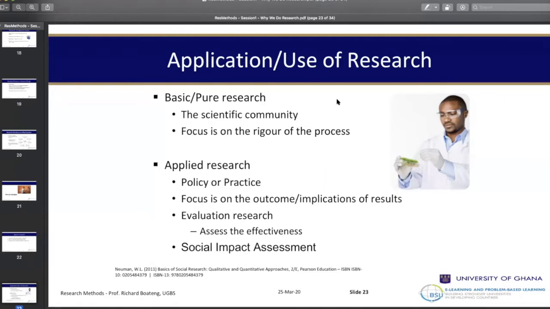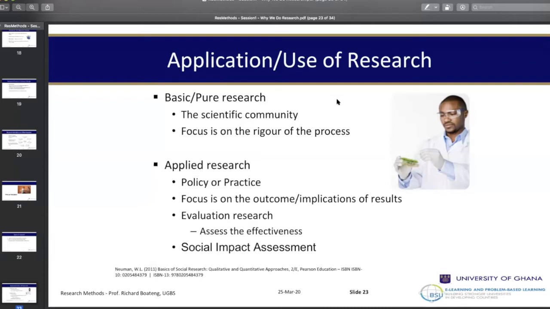That's one of the reasons why you see government and other institutions doing that. You ask, why are they doing that? Why are they not publishing the full report? That's how applied research is. With applied research, the person or the institution sponsoring it is usually a policymaker or practitioner. He's much more concerned about the outcome, what you want to use your findings for, the implications of your results, not about how you arrive at the answer. So when you carry out your research, he looks at the outcome, then uses it to make decisions or communicate which part will be of benefit to them.